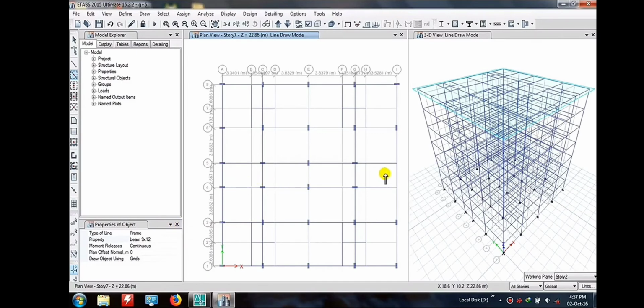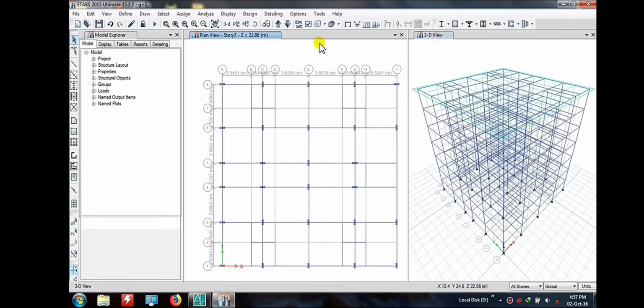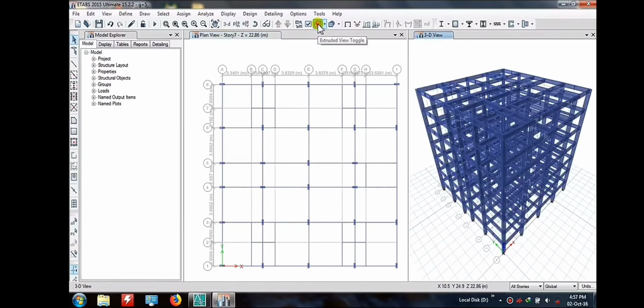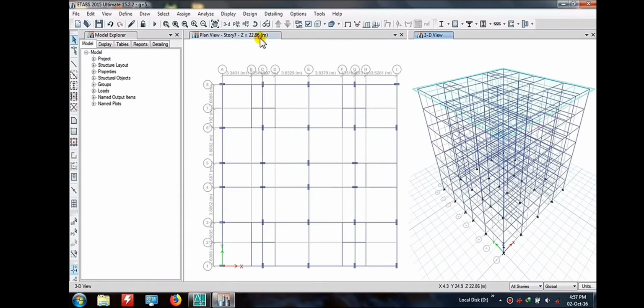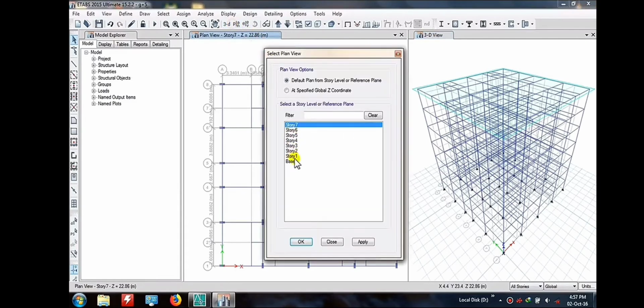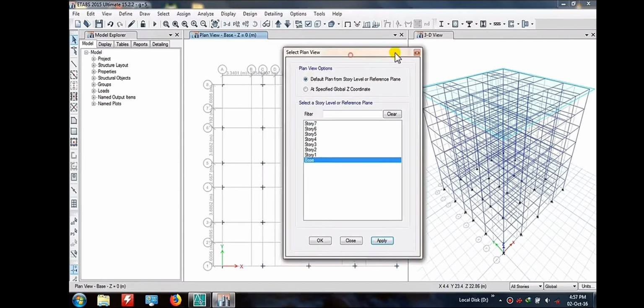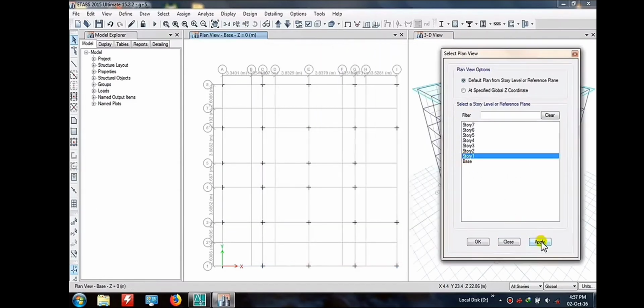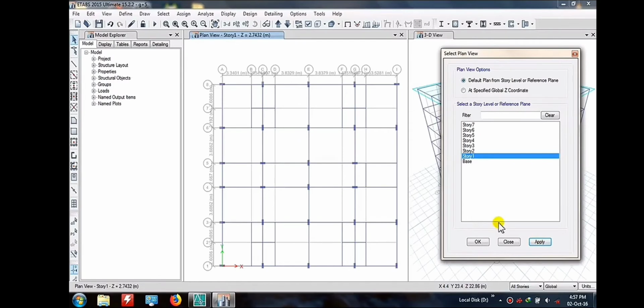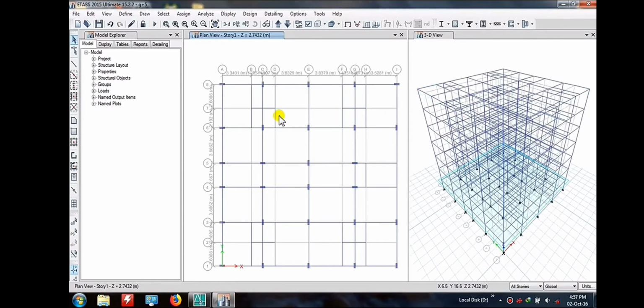Now what we are going to do, we have to construct the slab system here. So before that I'm going to show you the plan, because I have to make some changes in my first story where I have to construct my parking system. So at that time what I have to do, I have to select my beams.